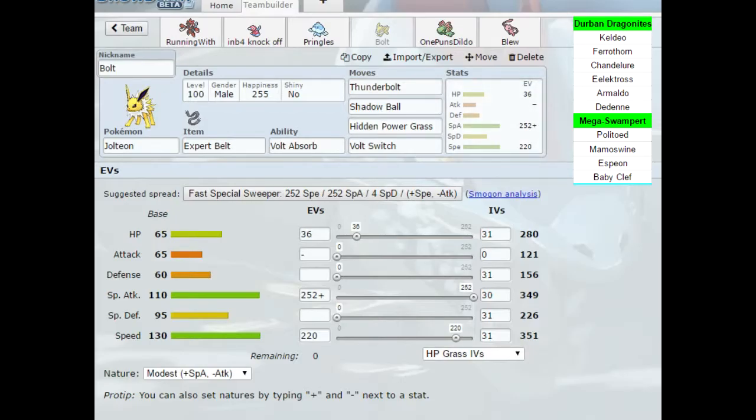And HP Grass is for Swampert, Mamo, stuff like that, and Volt Switch to get momentum, obviously. I'm running Modest this week, actually, because there's nothing on this team that outspeeds Jolteon. I almost ran Max Speed Timid, because Max Speed Timid actually outspeeds Scarf Politoed by 1 point, but I don't